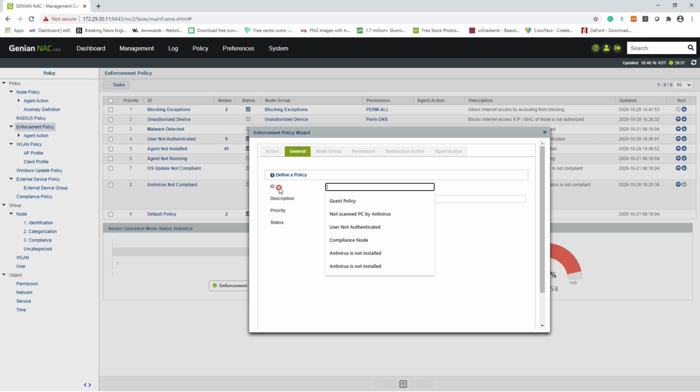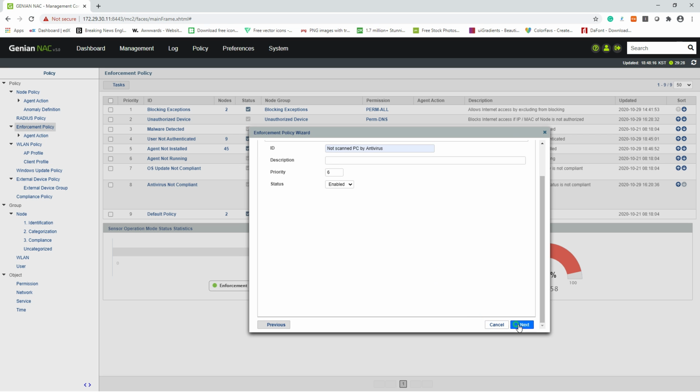And type the enforcement policy name, NAC scan PC by antivirus, and change the order of the policy. In order, we will enter the number 6, after the Genian agent installation. And next,